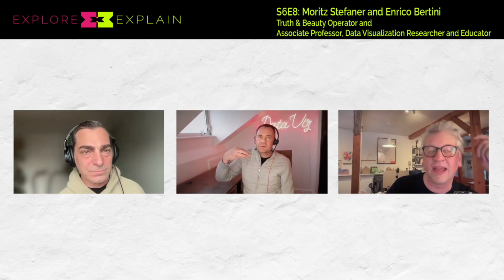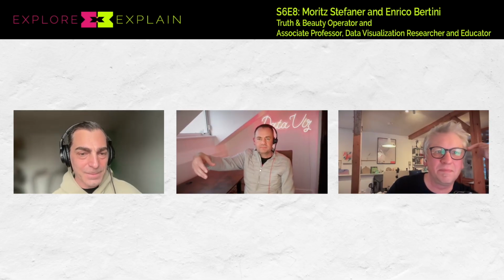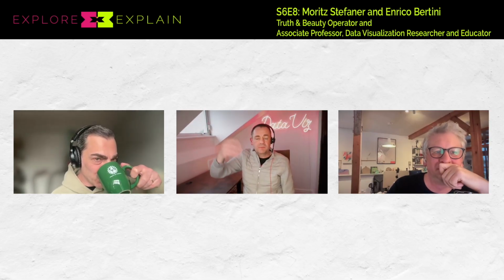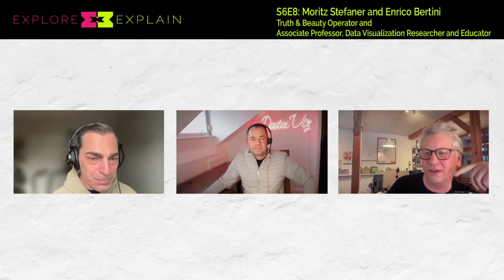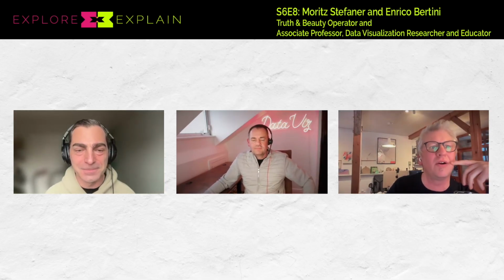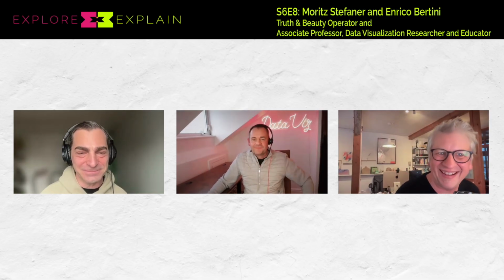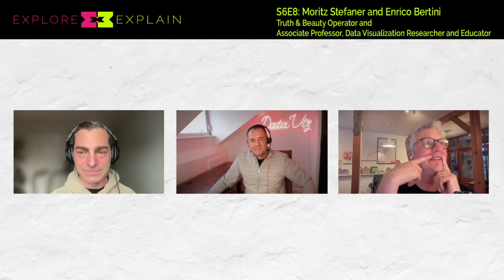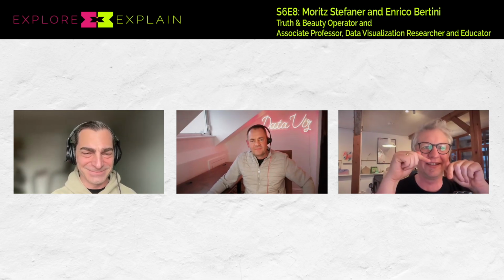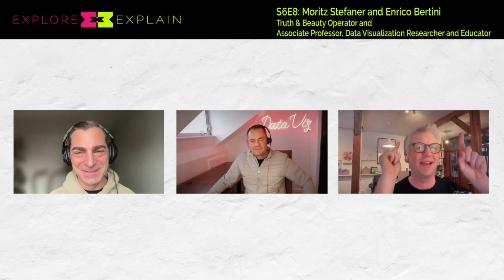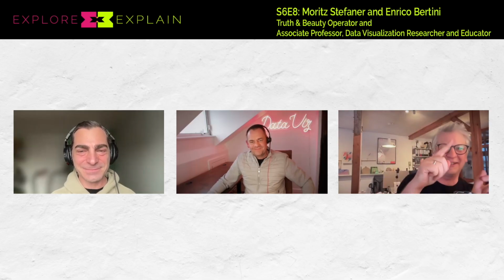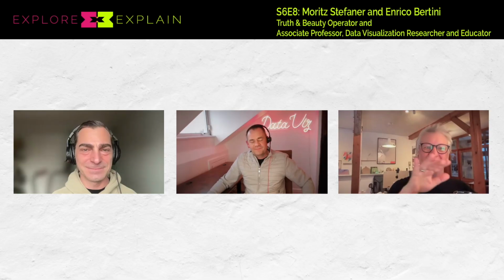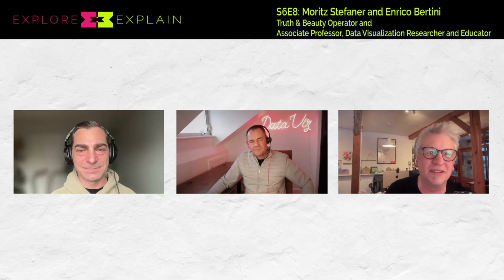And with these patterns, it was really, go ahead, Mo. It was really practically important, or it had practical relevance, because we were like, oh yeah, interesting, Bertini glass structure. This is a way I could do it this way or that way. Exactly. And the other thought that I took from that paper is what this podcast series is based on, this idea that there's a spectrum between exploration and explanation. Explore, explain, it's not a binary. There's a whole space in between. And I think they captured this really well as well.